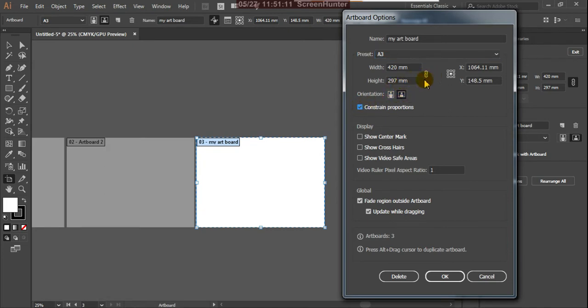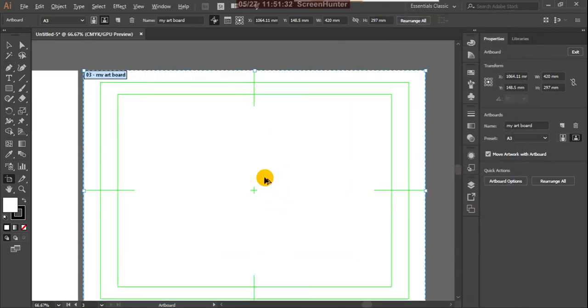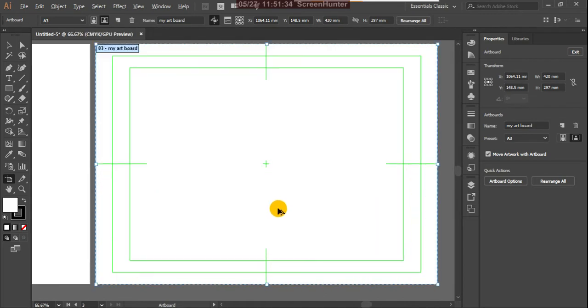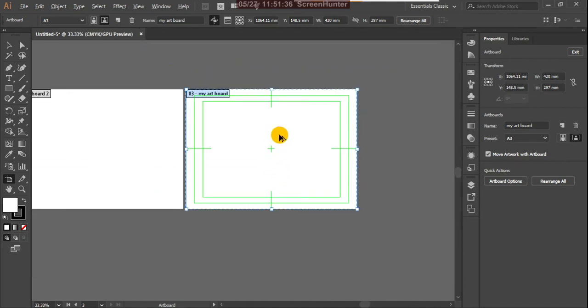If you want it proportionately, you can drag it proportionately. Then show center mark, show crosshair, show video safe area. Suppose one by one you click there, and you can say okay, these marks are displayed: safe area, safe margins, video settings and all.